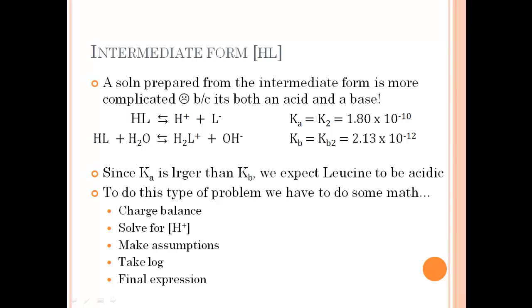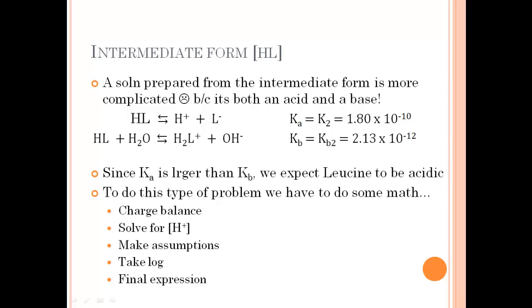If it's going to donate a proton, it'll be the first reaction, which is HL dissociates into H plus and L minus, and there's your Ka with 1.80 times 10 to the negative 10. Now, if it did the other thing, if it accepted a proton, then it would do the second reaction, and there is the Kb. Since the acid dissociation reaction has a larger value, then we expect leucine itself to be